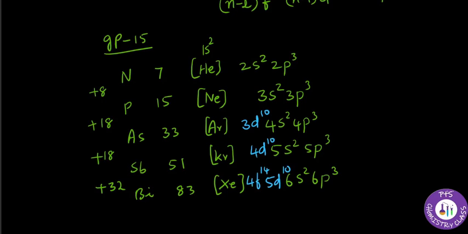So suppose if somebody asks you what is the atomic number of antimony, you should know that N, P, As, Sb, antimony is group 15. Then you can write it like this and identify the number, but if you practice it by heart, you can remember the electronic configuration and you can easily tell. You can say 2s2 2p3, 3s2 3p3, 4s2 4p3, 5s2 5p3. Therefore it will be krypton 4d10 5s2 5p3 will be the answer for the electronic configuration of antimony. Okay, so then we will see